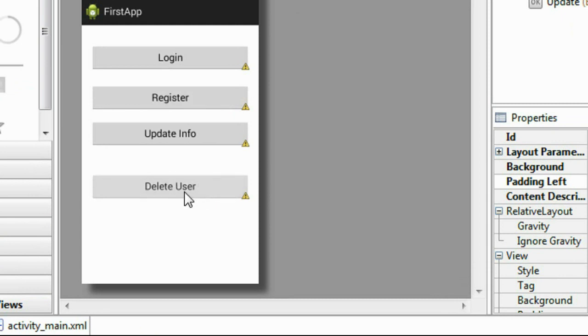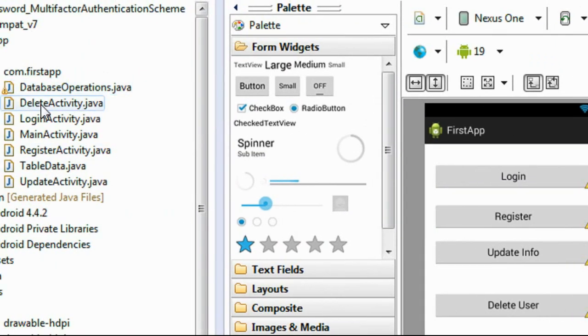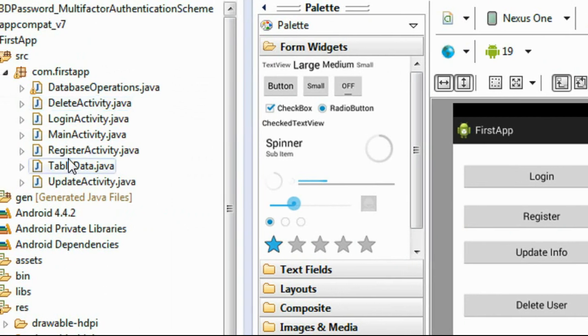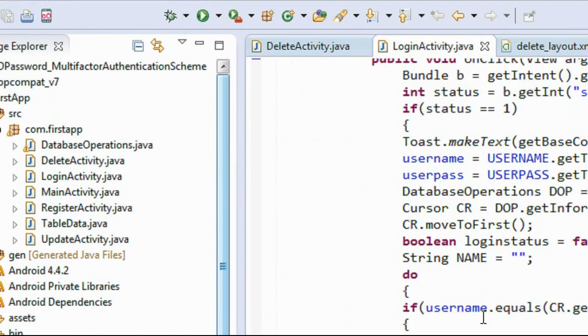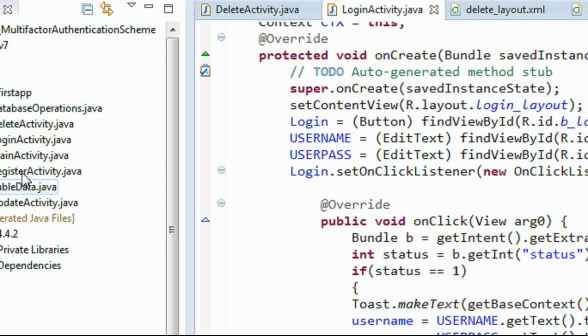In this series we are moving to our next section: how to delete a user from an Android database table. So here is the delete. Here is the login activity. On the login activity,